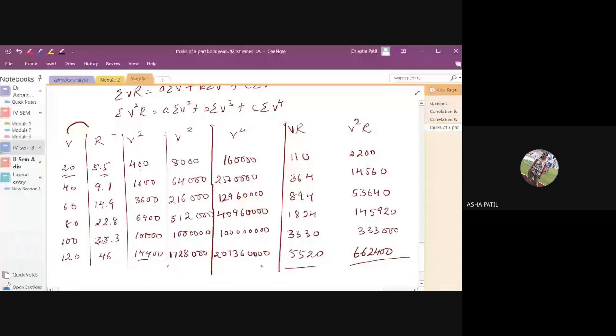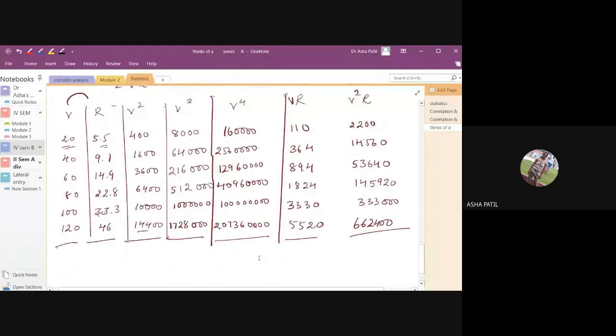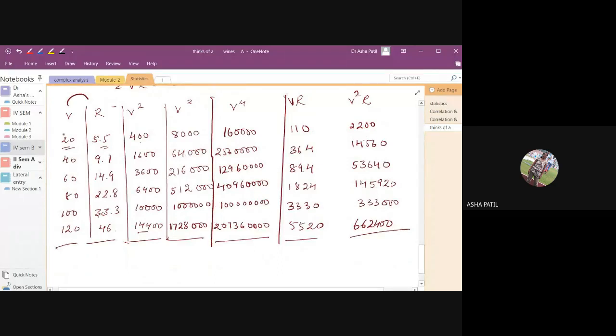See, are you referring book? I don't know if you are referring book. Sometimes what happens, whenever you have such big values, they go for another method, that is step deviation method. What they do is take one middle value of this, then subtract each of the values. That is here 70 will be the middle value. So instead of writing V, they'll take V dash is equal to V minus 70. Everywhere you have to take that new value V dash instead of V. But later on again you have to shift it back while substituting in the equation.